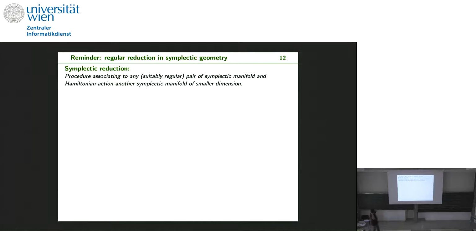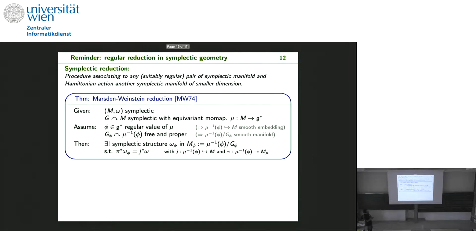It's a procedure associating to any suitable regular pair of a symplectic manifold and a Hamiltonian action another symplectic manifold of smaller dimension. And there is a key result, a pivotal theorem that is called Marsden-Weinstein reduction. It tells us that, given as a datum a symplectic manifold and a symplectic action